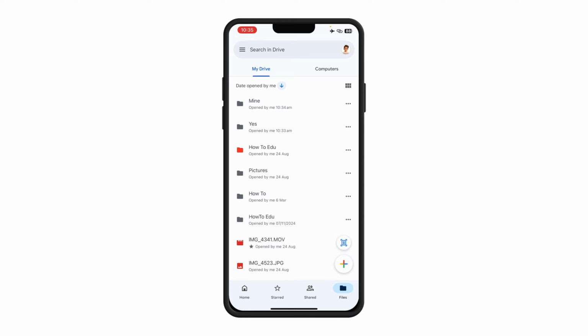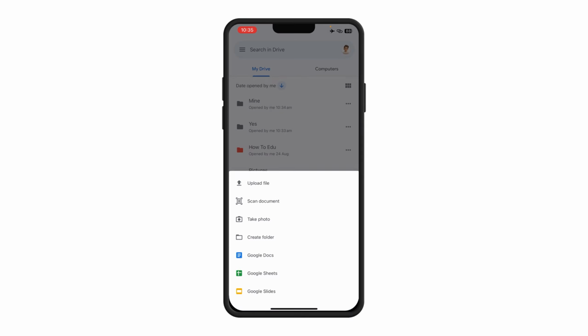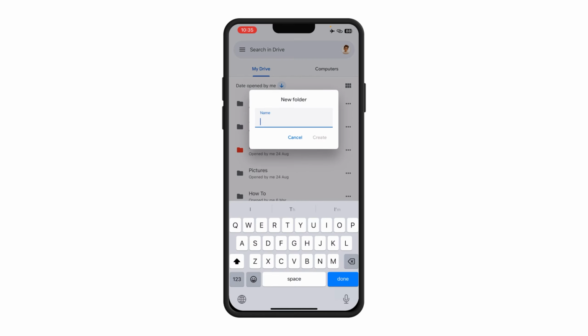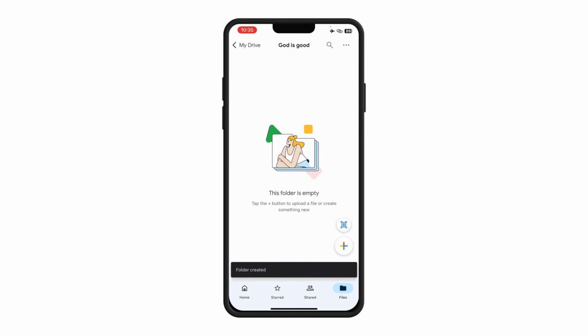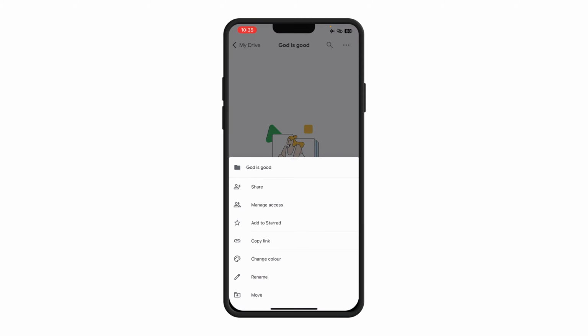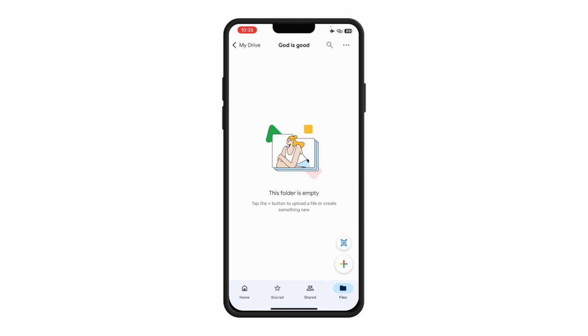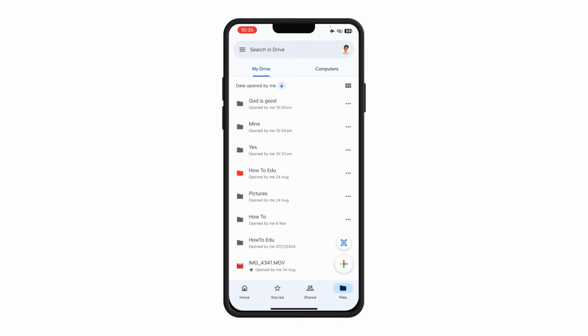So let's say, for an example, if I want to create a folder now, I can just type in, let me say, God is good. Okay. So this is a folder now, and inside the folder, you can add files, right? So let's say if you love to share this link, like let's say you have uploaded something